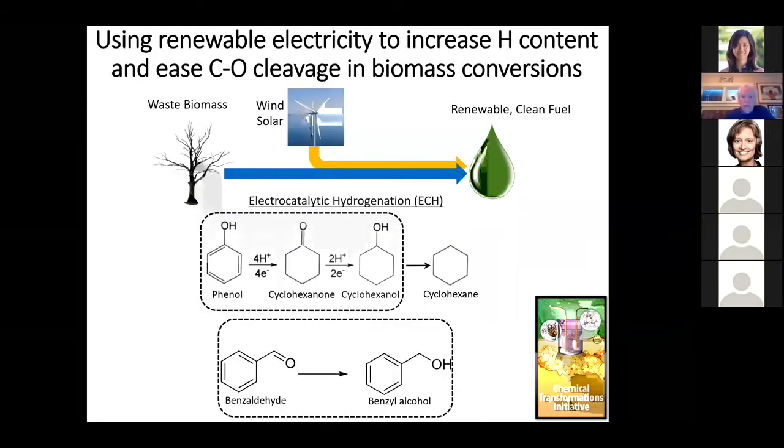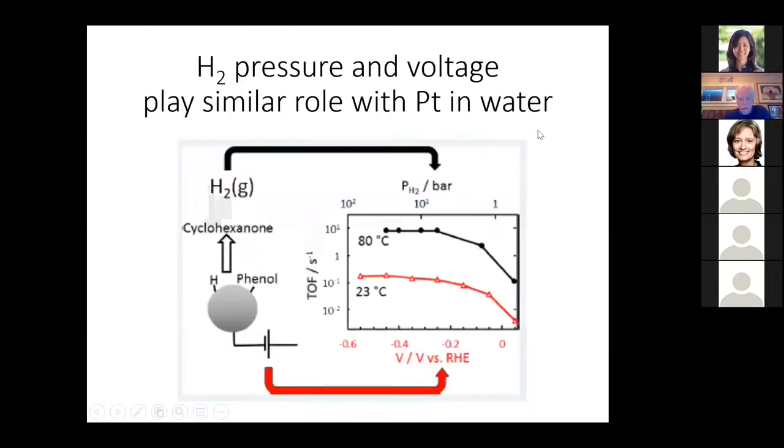conversions. For example, phenol hydrogenation and benzaldehyde hydrogenation using electrocatalysis to do the hydrogenation. So one of the things that they had been doing, and Nirala worked on early on, was the hydrogenation using electrocatalysis of things like phenol on platinum, rhodium, and those types of metals, and then comparing that to